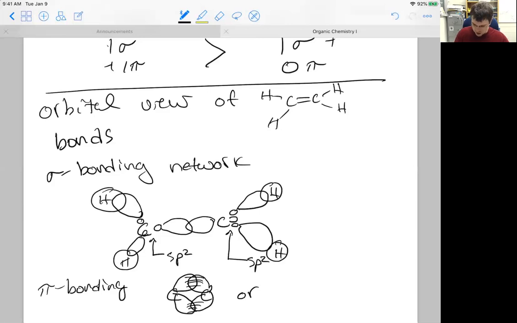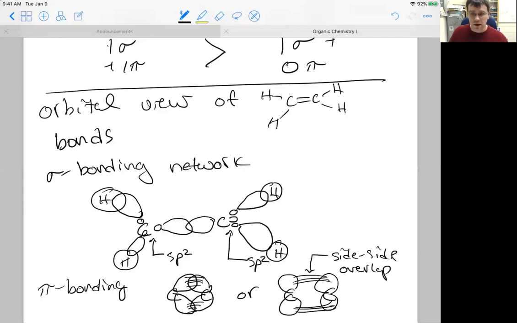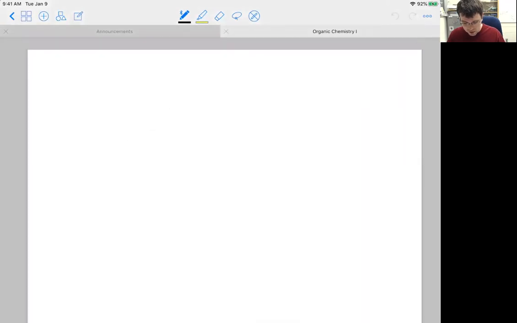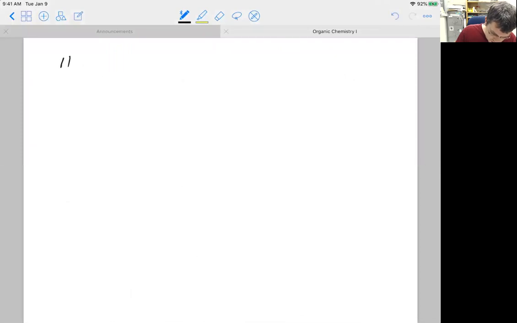Maybe you just want to draw normal dumbbell shaped orbitals and just let them show these lines to interact, to show that we're doing the side to side interaction or overlap. That is fine. Okay, so we've got our pi bonding orbitals and our sigma bonding orbitals. This is a nice depiction to do at least a few times, not for every molecule by any means, but it's nice to do once because it brings up an important point that pi bonds